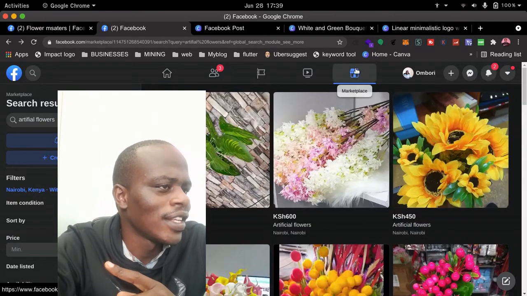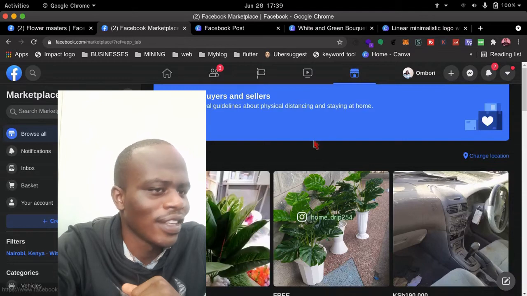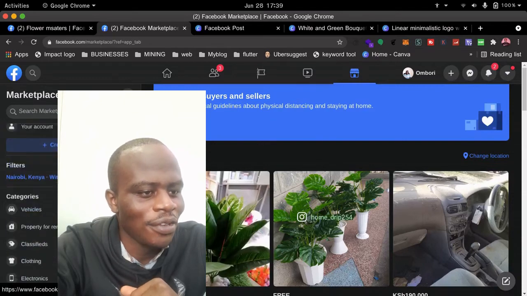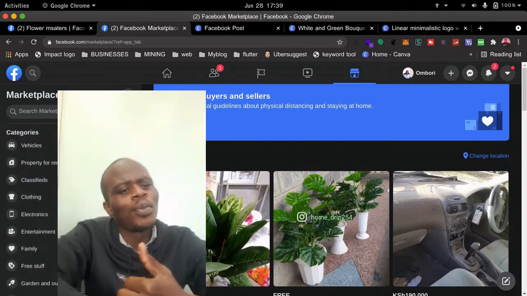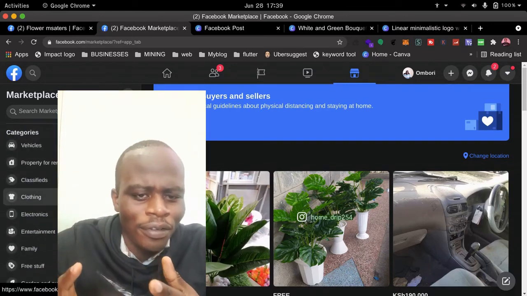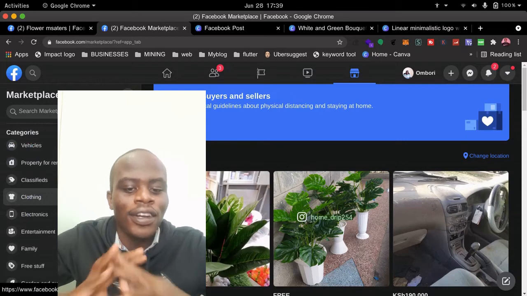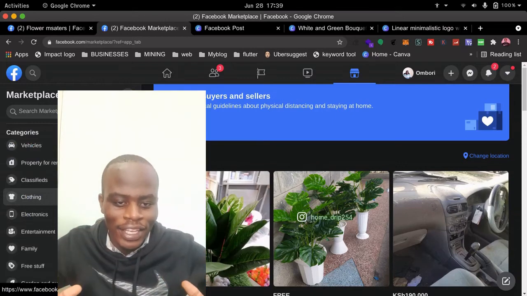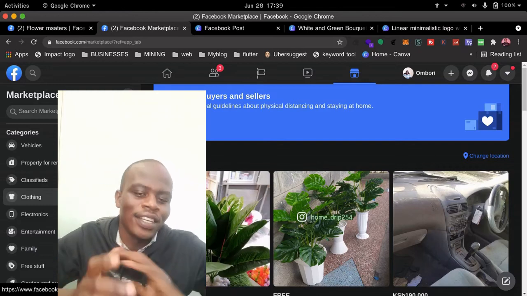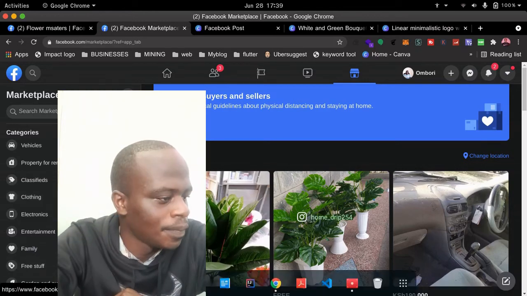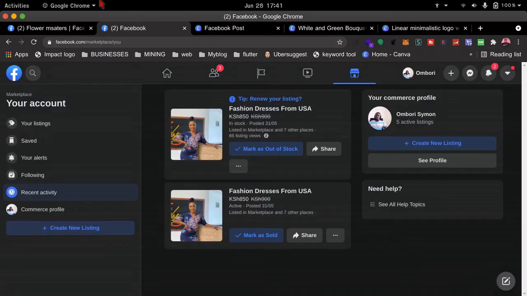So if you see here, there is a Marketplace. You see, this is Marketplace. And then you can create your own listings. Now, Marketplace is somewhere where you can get a lot of traffic from for free. You don't need an ad, you don't pay anything. You just post your listings and get your traffic. You can come here and create a listing, maybe item for sale,